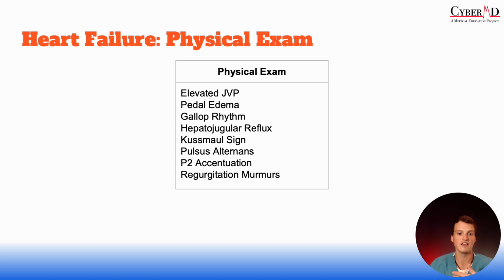You'll see the JVP while the patient's at a 45-degree angle. You'll check for JVP and you can see this distended neck vein. And oftentimes, when it's really bad, it's really prominent and you can see it, and it's a very poor prognostic indicator. Number two, you should be checking for pedal edema or any lower extremity edema anywhere, and make sure